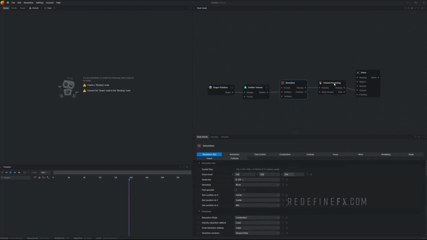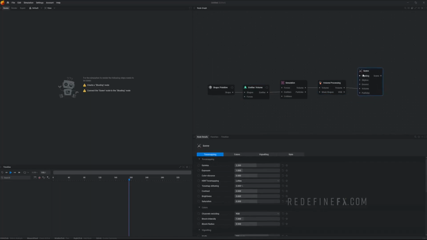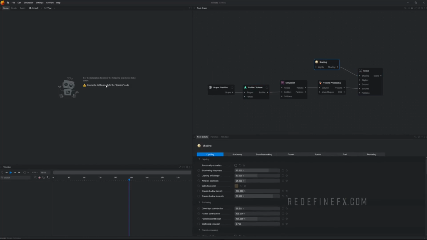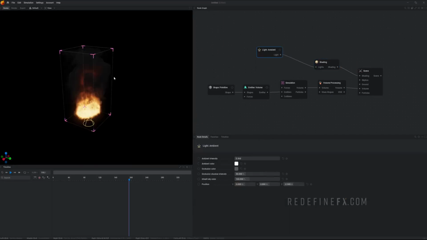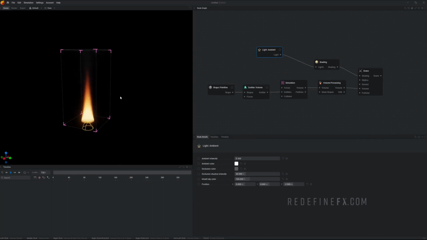So I'll just make a shading node, and now it tells me connect a lighting node to the shading node. So I still need a light in the scene. So I'll just drag out and make an ambient light. And now finally there is some fire in my scene. I can just hit spacebar to start the simulation, R to reset, and I have some very basic fire showing